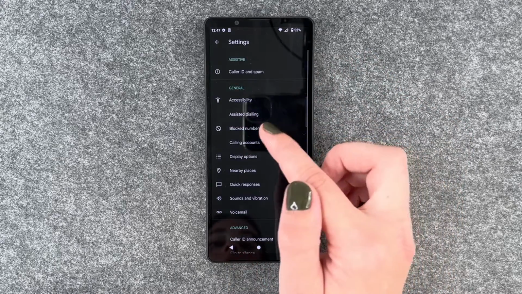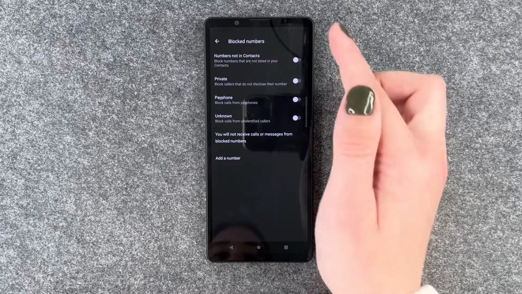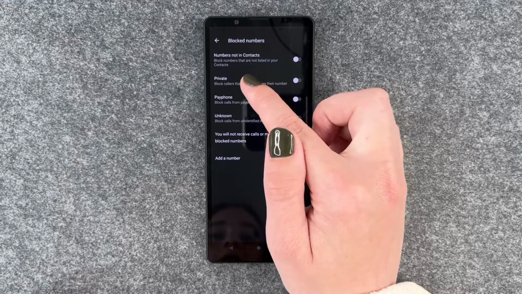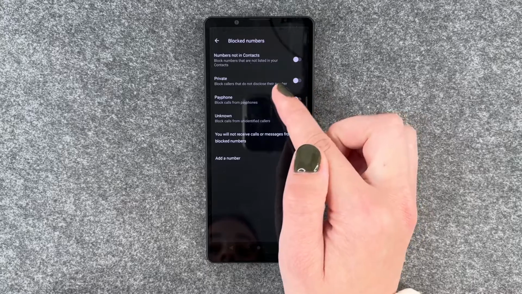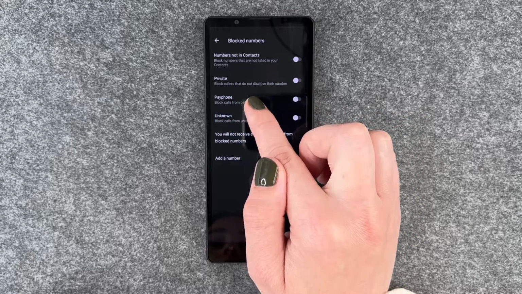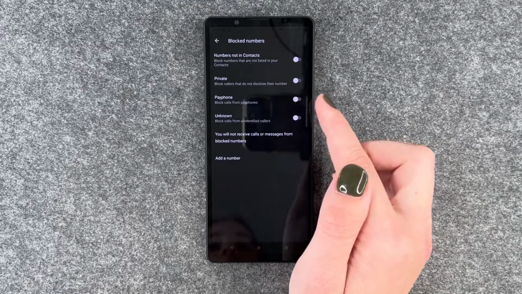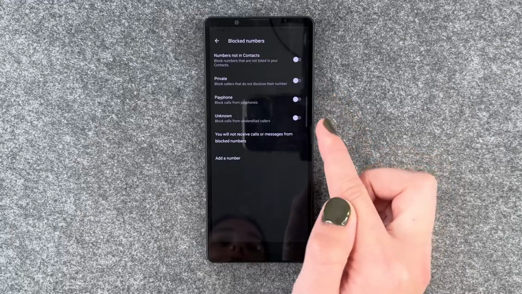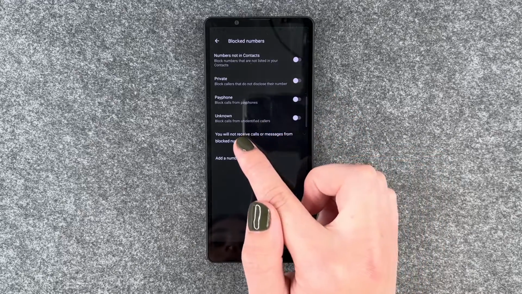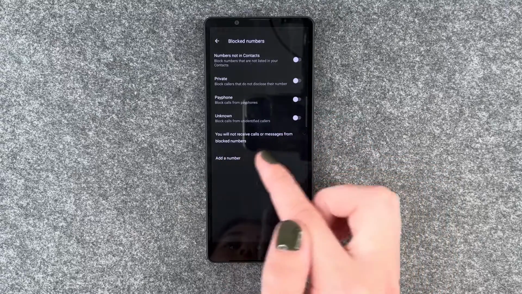Then you can go back and you can click on blocked numbers, and now you can say numbers not in contacts, block numbers that are not listed in your contacts. Then you can block private numbers, so block callers that do not disclose their number. Then you can say block payphones, so block calls from payphones. You can also say to block unknown, so block calls from unidentified callers, and then you won't receive calls or